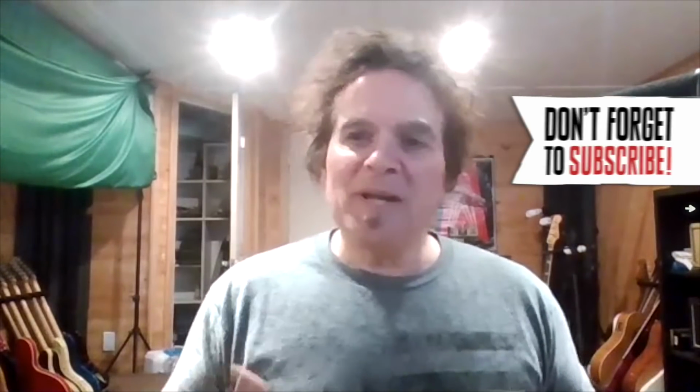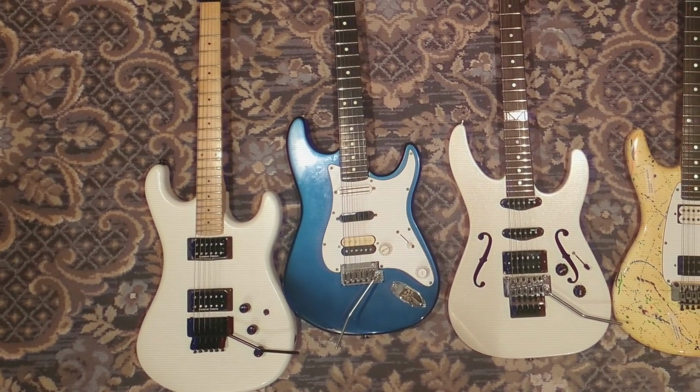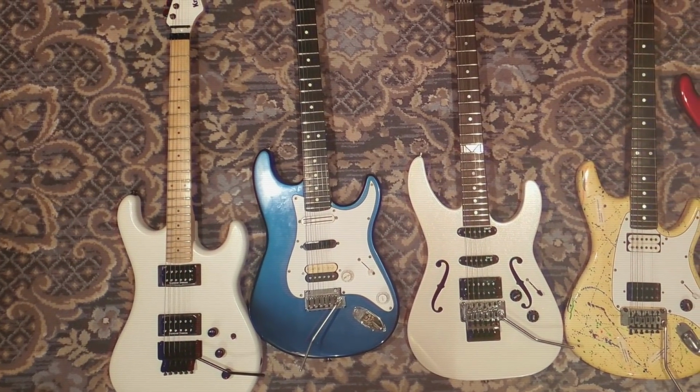Favorite guitar? Man, that's really tricky. Back in the day, there was always one guitar that I was really close to, and I'd always want to have that particular guitar. And it's changed over the years, but now I find that I'm playing more guitars. I'm mixing it up a little bit and not getting attached to one particular guitar like I did in the old days. But I would say, in general, the Stratocaster, because everything I've ever played that's been my favorite guitar